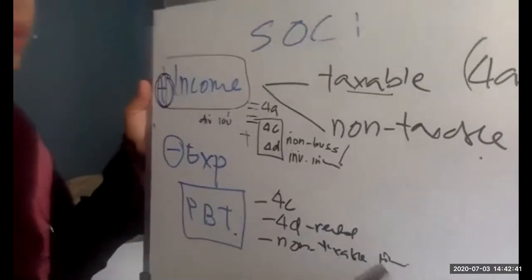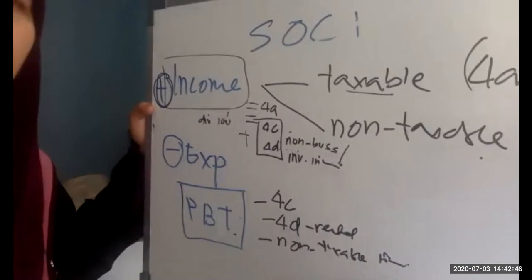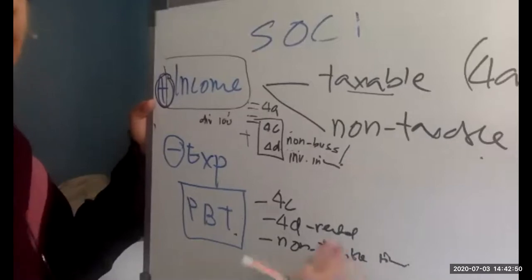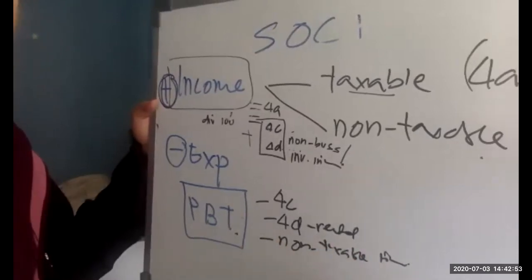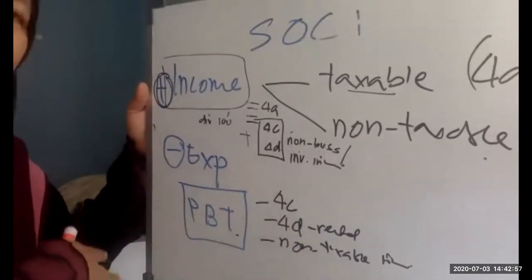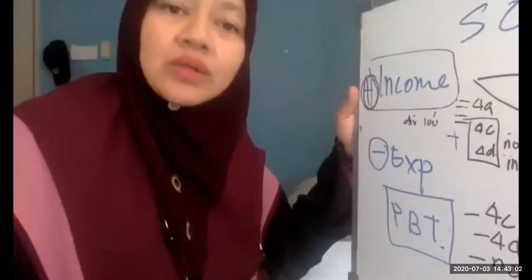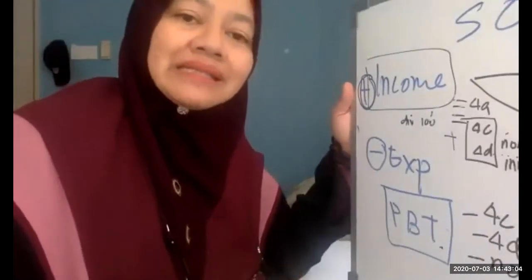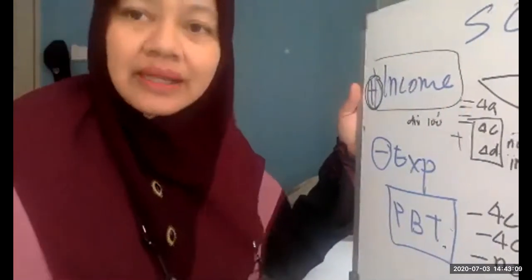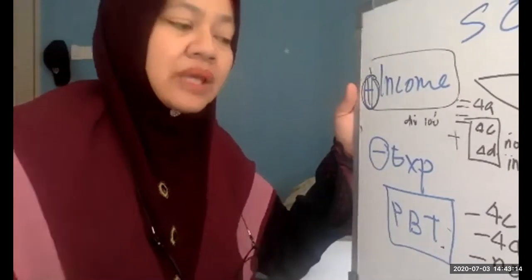All right, so non-taxable income, for example, you have a gain on disposal of an asset. For example, disposal of your motor vehicle. So whenever in the notes to the accounts there is a disposal, you have to treat that disposal as capital gain. But of course, at the same time, when there's a disposal of an asset, you have to compute the balancing charge and balancing allowance. So that one will be a separate computation, and that will appear in arriving at your statutory income. Yeah, so be careful with that.